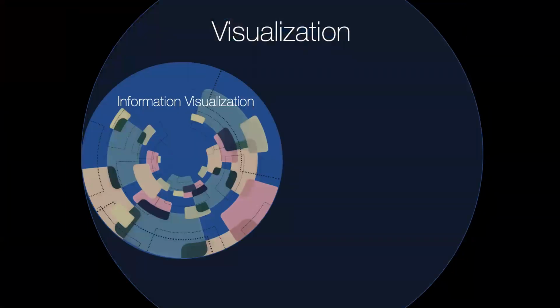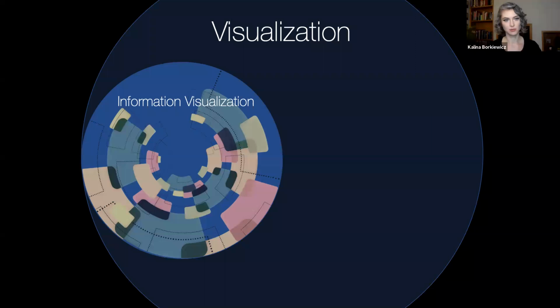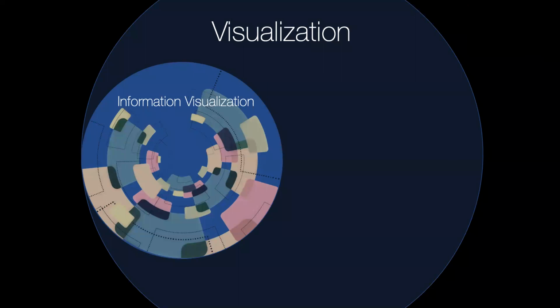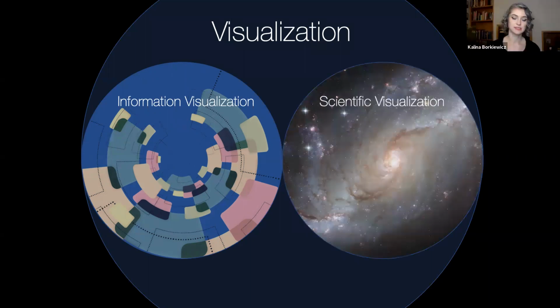And within that, there are a couple of different subfields. So the one that I'm not going to talk about is maybe the one that's most familiar to most people, and that's information visualization, which involves creating charts and networks and 2D graphs that show relationships between data points. So if this value goes up, this value goes down, that sort of relational data,